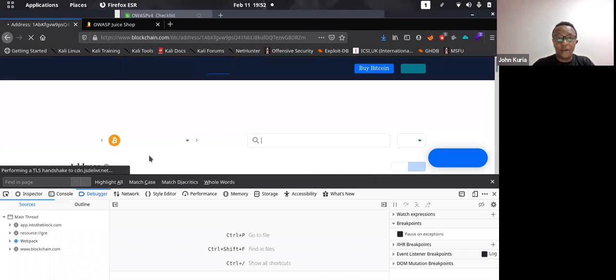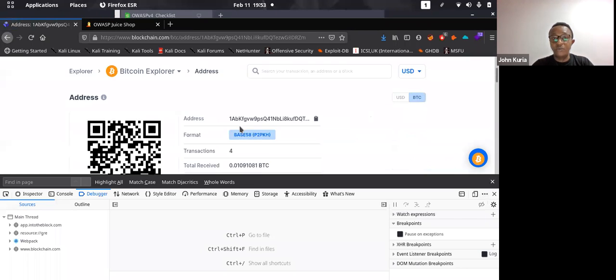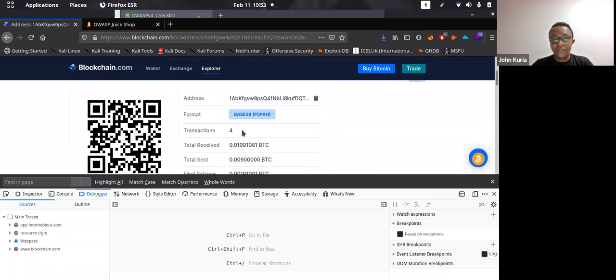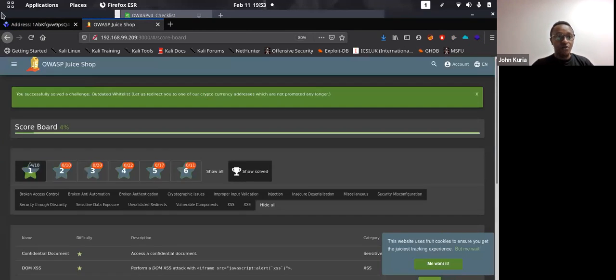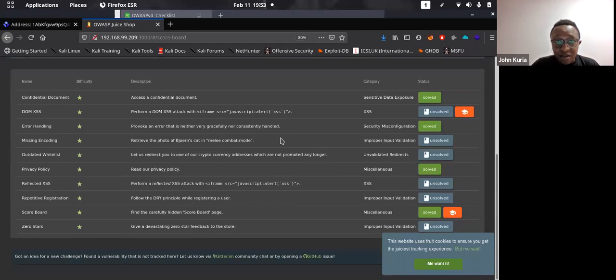we'll direct you to a blockchain page. So in a way, this basically tells us that you can buy things on this shop using Bitcoin. So this is another vector that you can use to try to get actual access to the website. Another vulnerability that I want to go through is